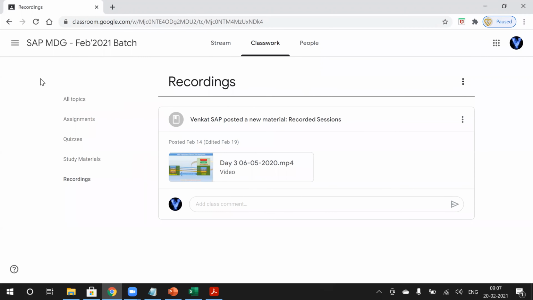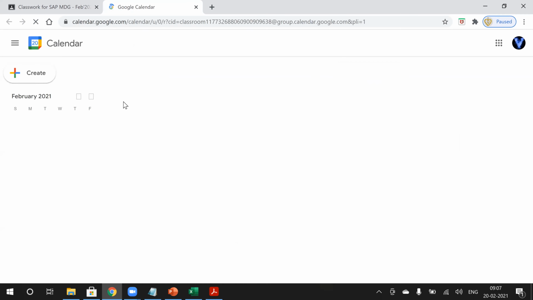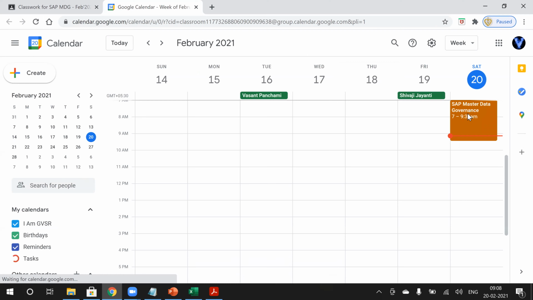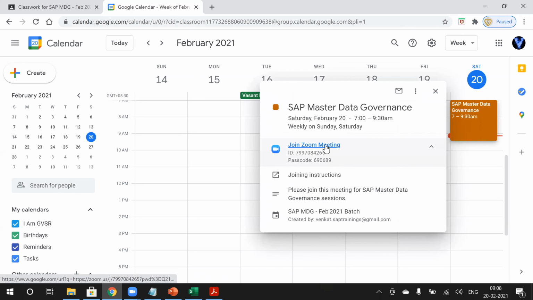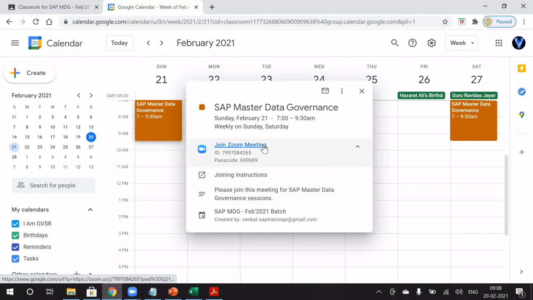And if you want to check the calendar to join the session, go to all topics and click on Google Calendar. Go to the respective date. There you can see the link here. Just click on join the meeting. If you click on tomorrow's date, you can see tomorrow's link available here.